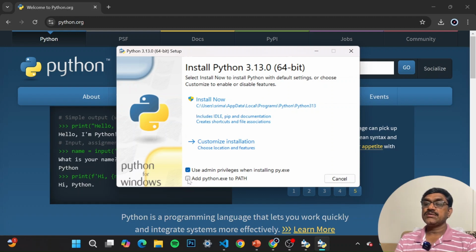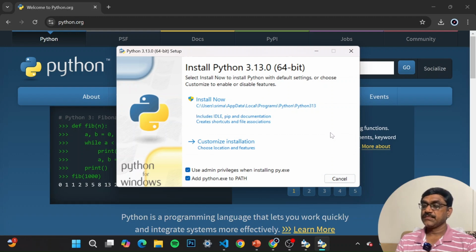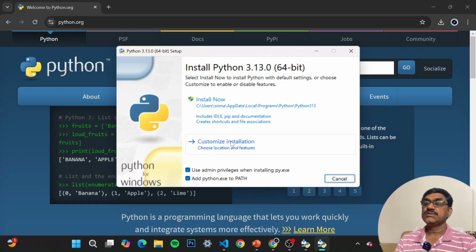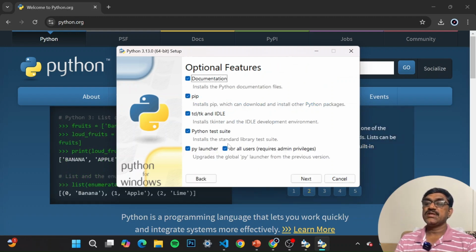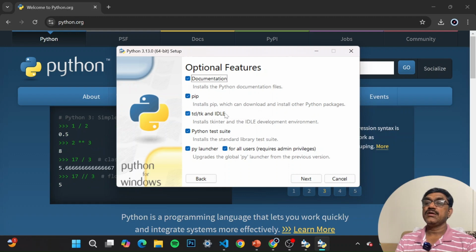You click here, you check add python.exe to path. You click here, right? Now after this you press customize installation. After pressing customize installation, you will get these options with the tick marks. Documentation is selected, pip is selected, everything is selected. Okay, don't do anything. Now just click on next,